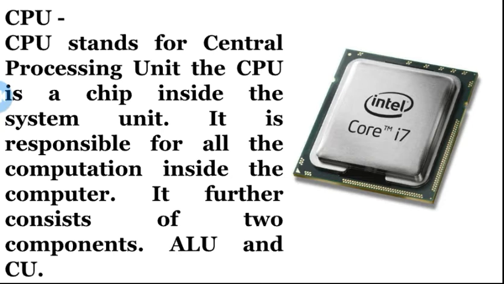So now students, I am going to tell you about ALU and CU also. ALU means arithmetic and logical unit. The major operations performed by the ALU are addition, subtraction, multiplication, division, and logic like true and false, and comparison, done by the arithmetic logical unit. And CU, the control unit, is the part of the CPU that directs its operations. It controls the action of the other components so that instructions are executed in the correct sequence.